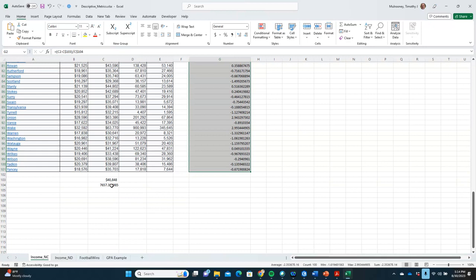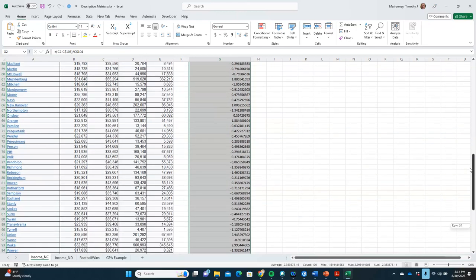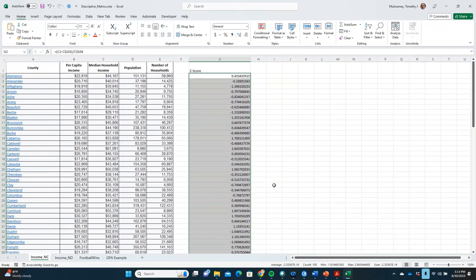Now, if we were to sort these standard deviations, I see a 2.99, I see a negative 1.44, and we can look at the distributions of these and kind of figure these out, sort these. I see a couple of high ones here, and we can make a nice histogram of these. What I'm going to do here is,